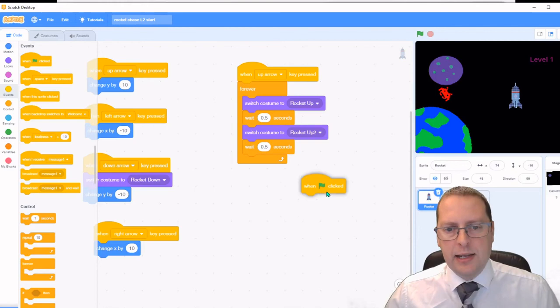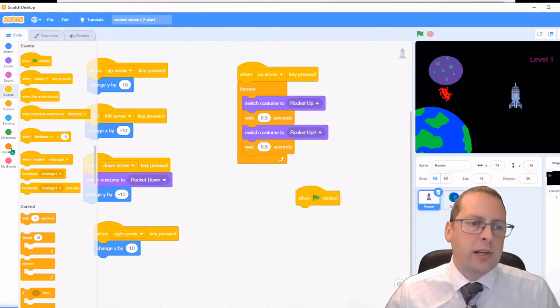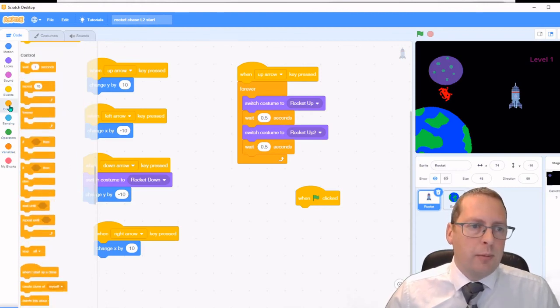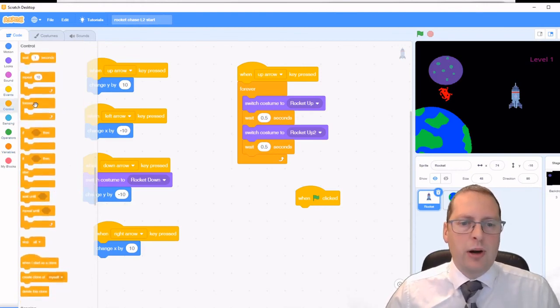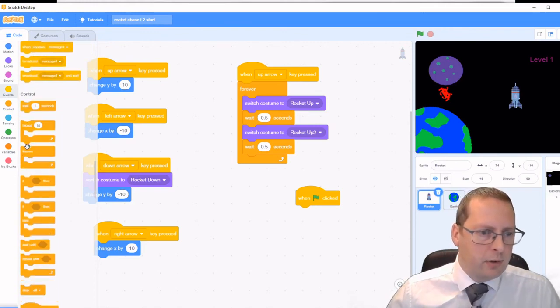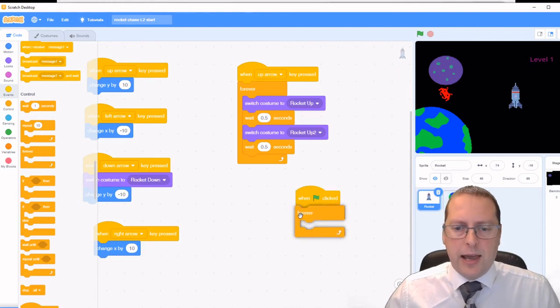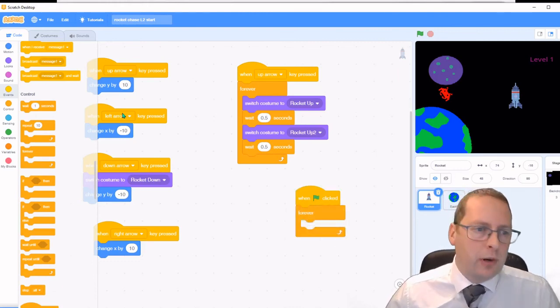So I've brought a when green flag is clicked, and I want it to constantly look for this. So what I'm now looking for is under control. I've got a forever loop. Let me just pull that forever loop in. There we go. Forever. So at the start of the game, forever, and what I'm looking for is an if